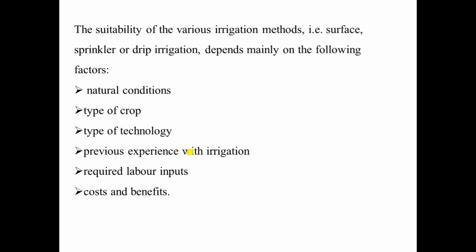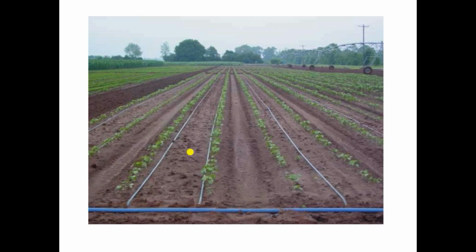Now there are some advantages of drip irrigation. Water requirement is less because only a trickle, every drop of water, is placed at the root zone. So saving is 40 to 70% compared to any other conventional method. Evaporation losses are low and deep percolation losses are entirely eliminated because no gravity water flows through the soil. Labor cost is less because we do not have to create any field channels or any furrow.